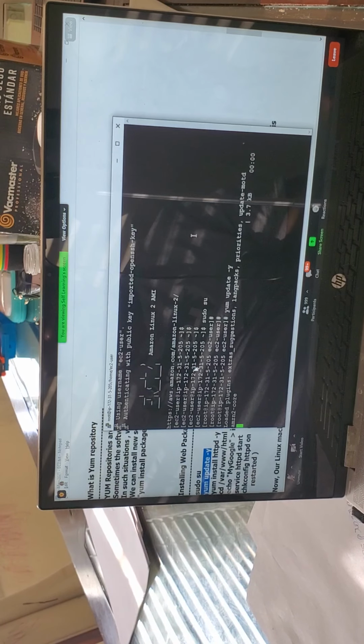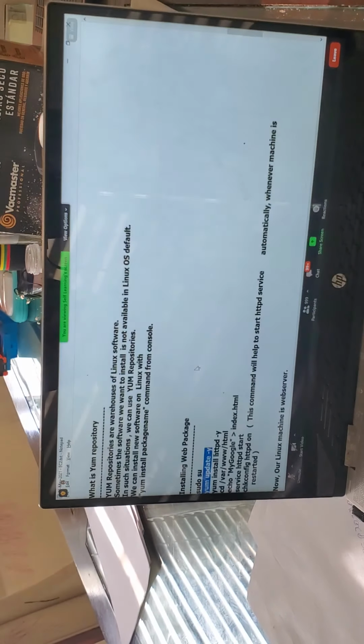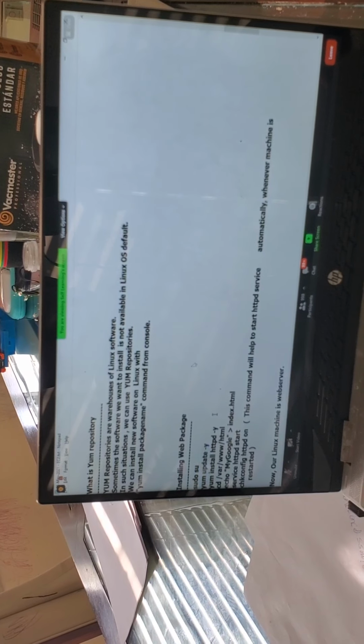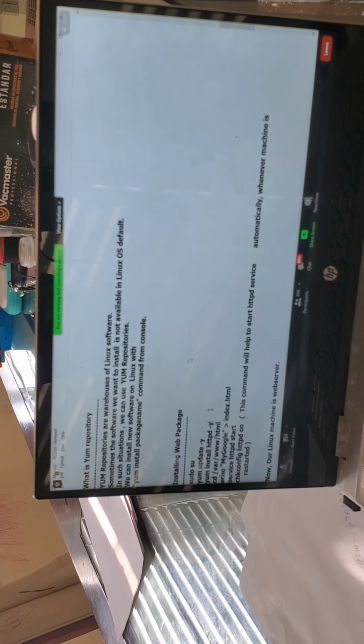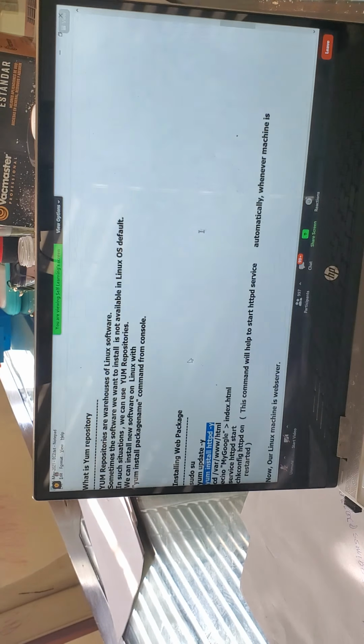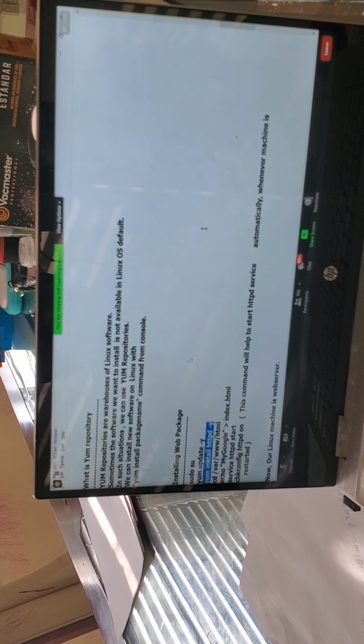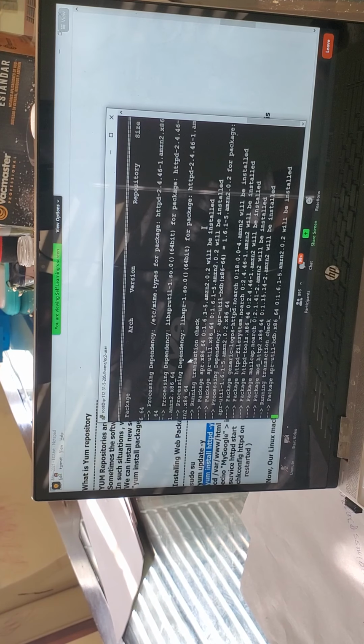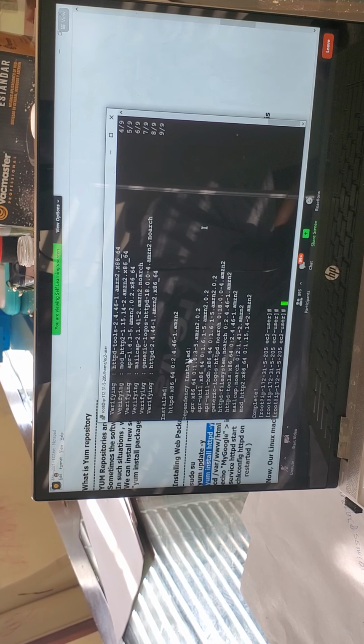Repository got updated. Next, yum install httpd -y, where y stands for yes. Are you sure you want to install? You need to type yes. This is the command: yum install the software name. What is the software name? HTTPD. When you run this, HTTPD software will be installed. That's it. It's installed. Is it difficult? The moment it is installed, it becomes a web server. Now your Linux machine is a web server.